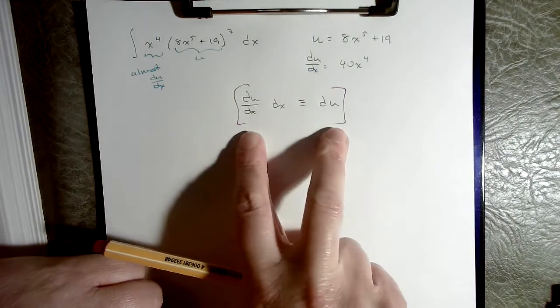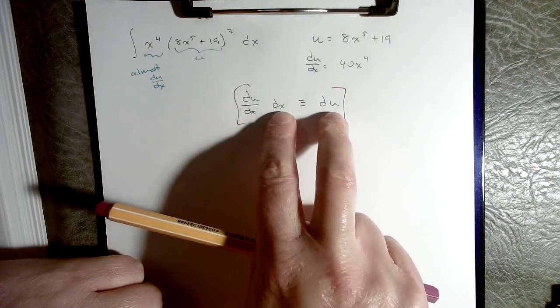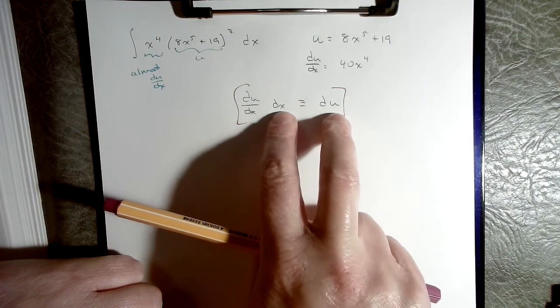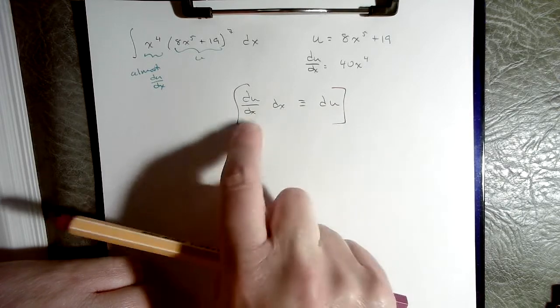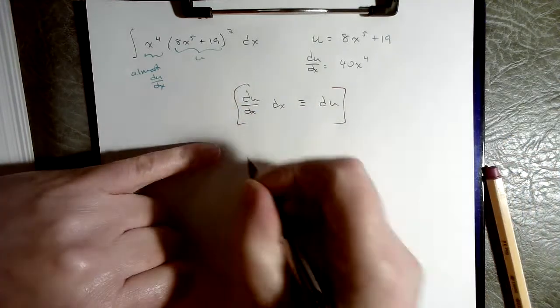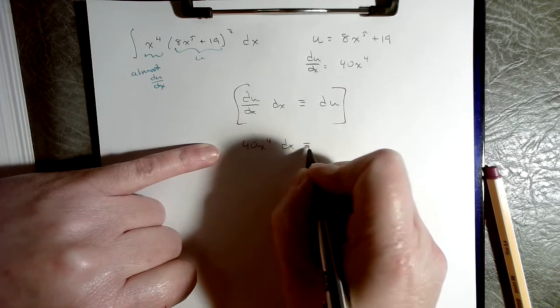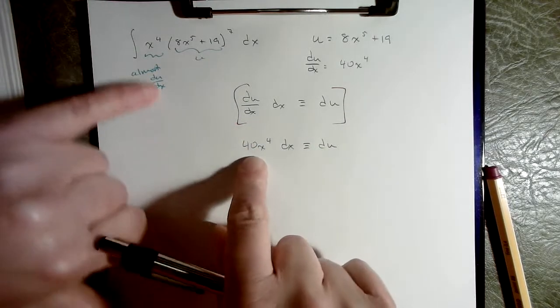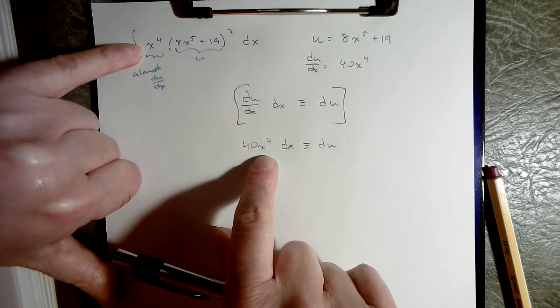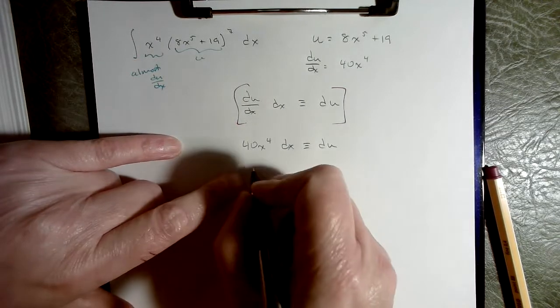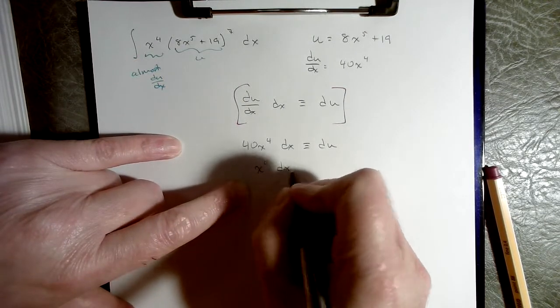Okay, here's your magic box. That's your bookend swap, your operators, your change of variable, but I need that derivative piece. And I do. I have a 40x to the fourth. My dx bookend is equivalent to my du bookend, but I'm missing that 40. No worries, divide both sides by 40. x to the fourth dx, or rather,